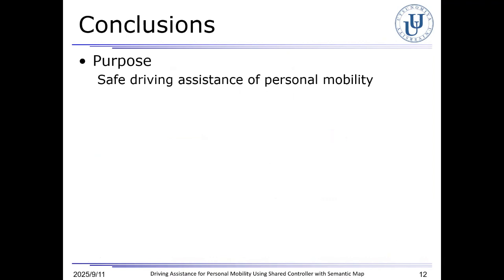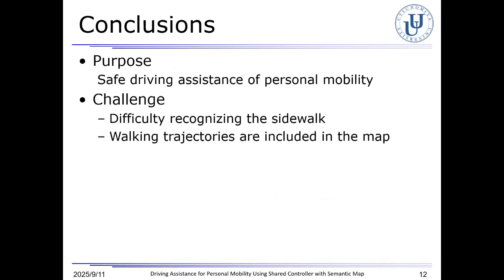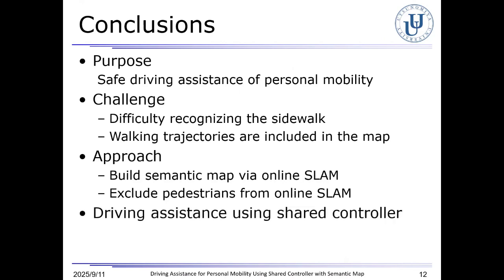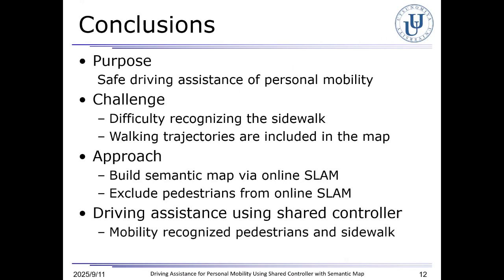This is the conclusion of this presentation. The purpose of this work was driving assistance for personal mobility. However, sidewalk recognition was difficult and pedestrian walking trajectories were included in the map. Towards this challenge, we built a semantic map via online SLAM and excluded pedestrians from the SLAM process. The mobility with driving assistance using a shared controller successfully recognized pedestrian sidewalks and navigated towards the